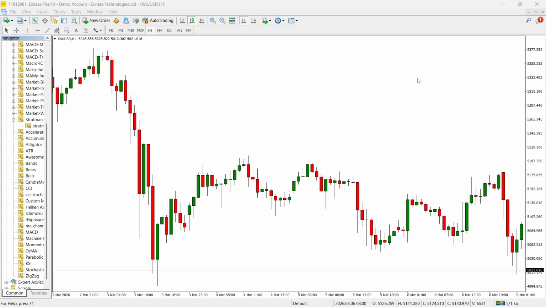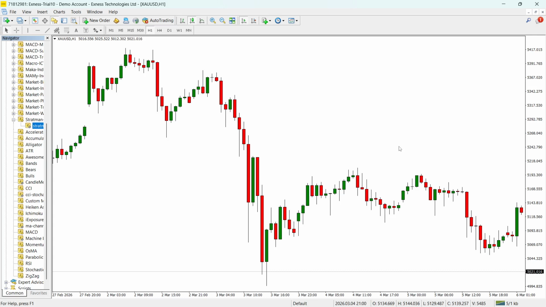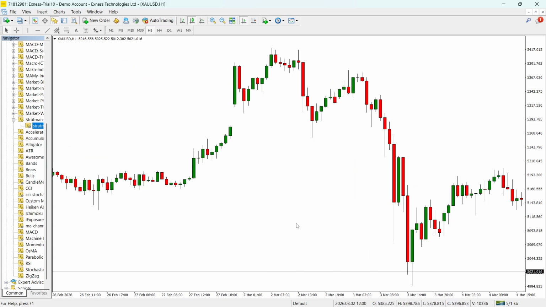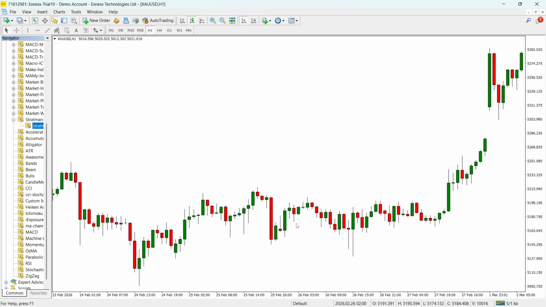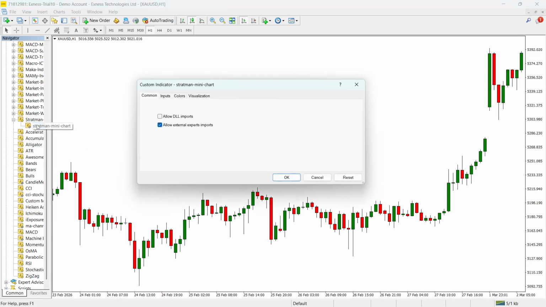Hello traders. Today we are looking at the mini chart indicator for MetaTrader 4. This utility tool lets you embed a smaller chart within your main chart window, showing a different time frame or even a different symbol. At this point, I'll load the indicator on the chart so you can see how it